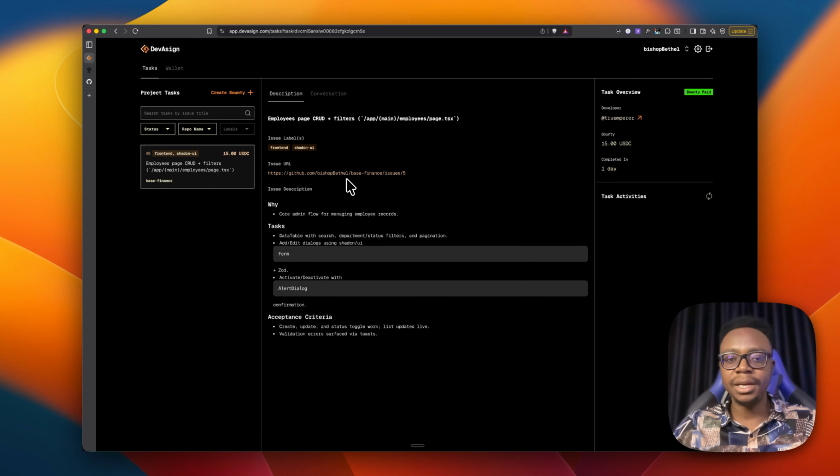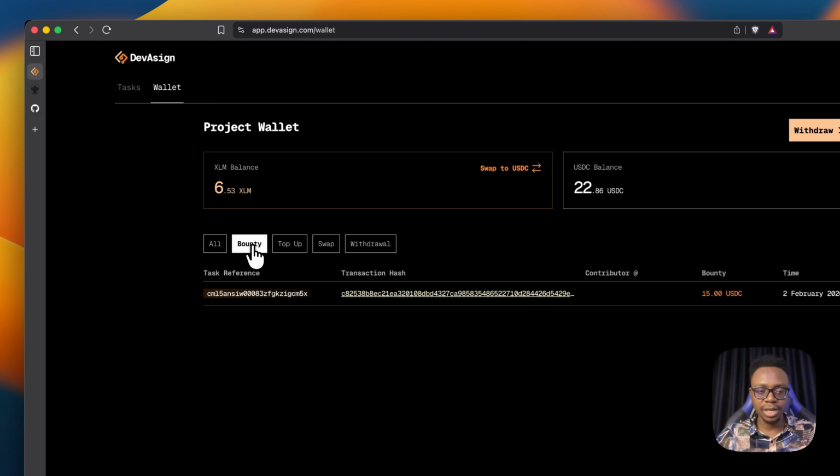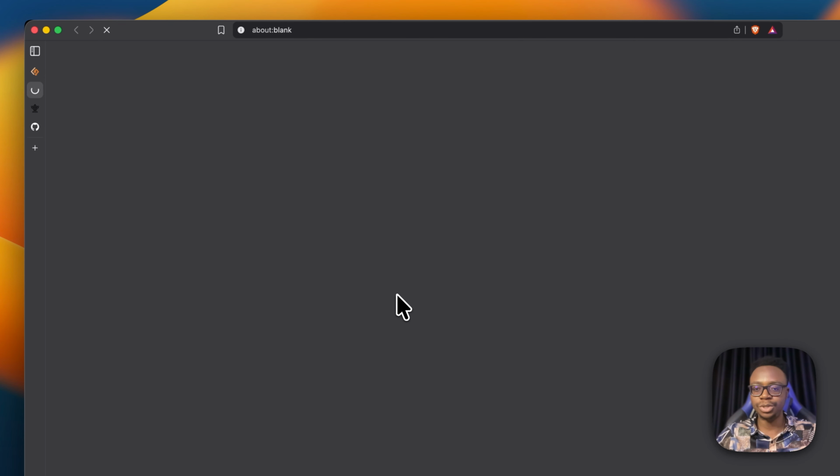Hello, this is the DevAsign main demo, and we are looking at the maintainer app right here. If we quickly look at the wallet page and go through the transaction, the last bounty we just created,